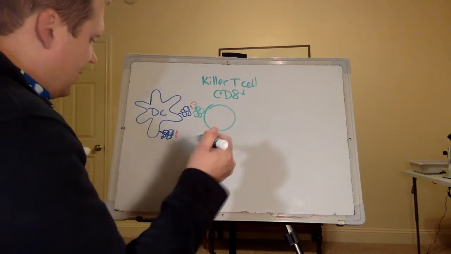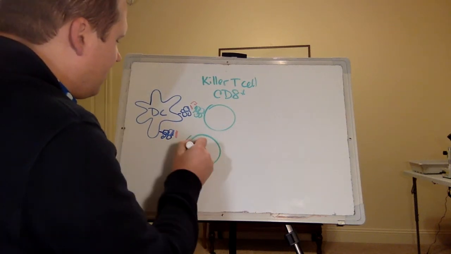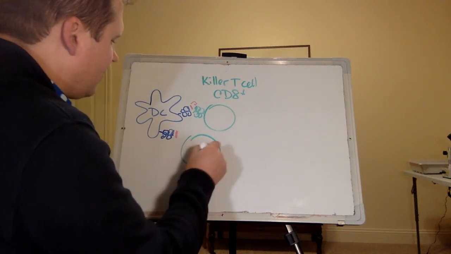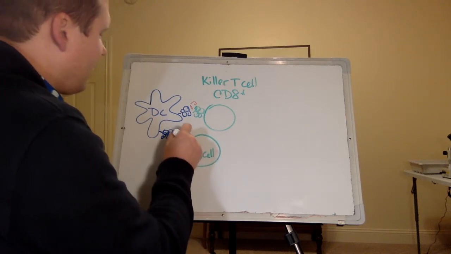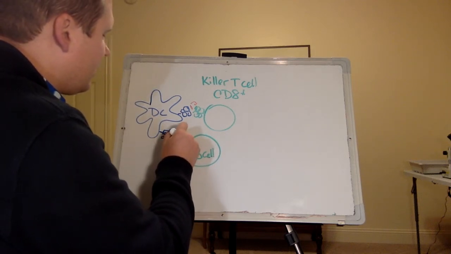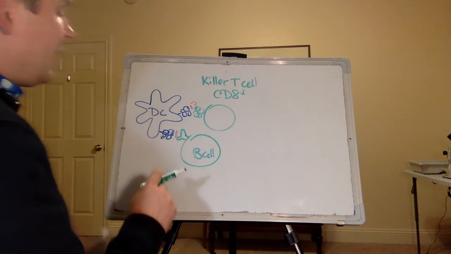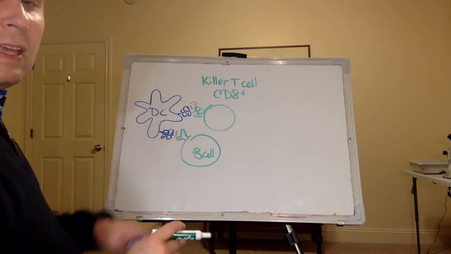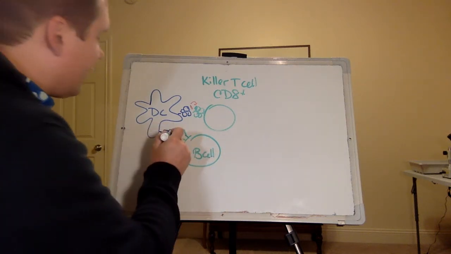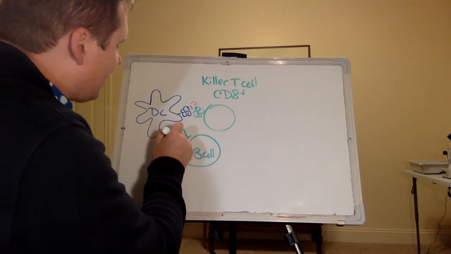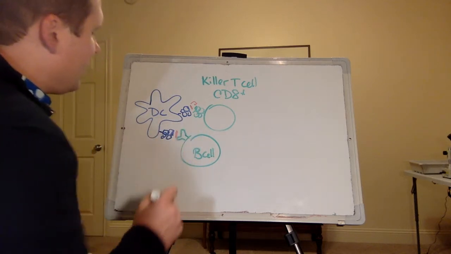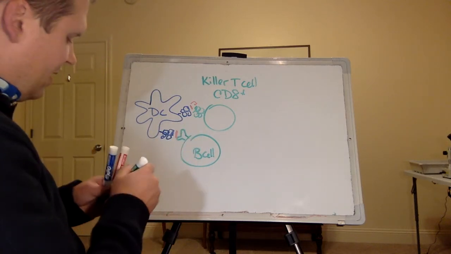We can also directly interact with a B cell. And the B cell has on its surface a molecule that looks just like an antibody and will become an antibody if that B cell happens to make a connection. So it's going to try to make a connection, again, trying to make a little sandwich with the MHC class 1,